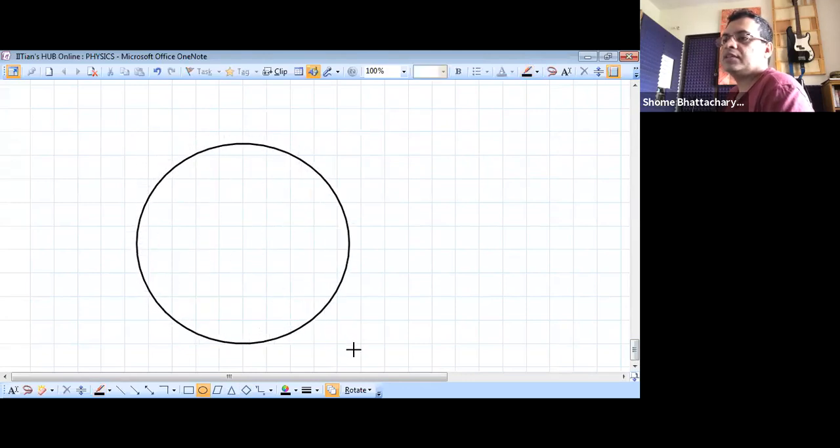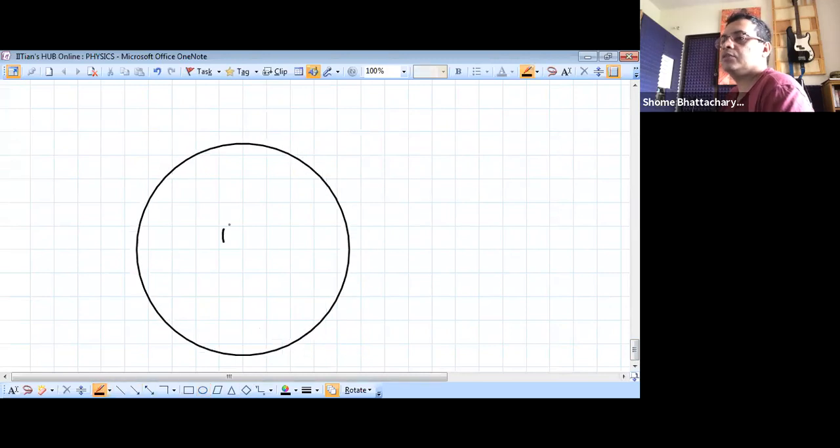But here let us try and understand like this, the way the question is explaining it actually. So if this is the Earth, and we are at a position,